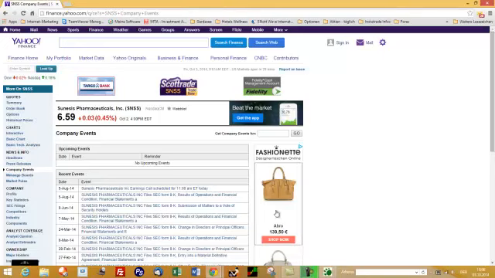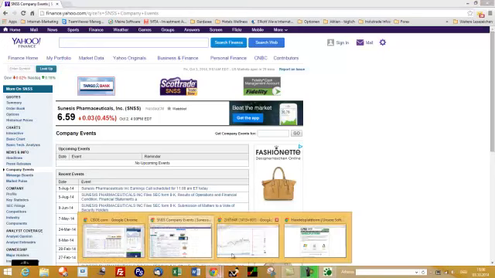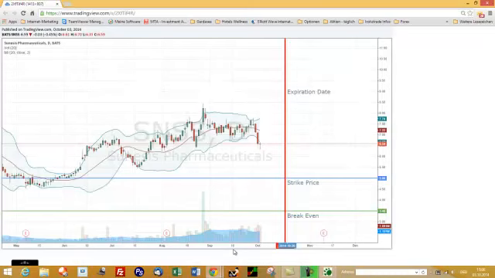The third step I take is going to a charting tool. I usually take TradingView, tradingview.com. You can find it free on the internet, and this is a daily chart of SNSS Pharmaceuticals. Now let's have a look at what the technicals are on this stock. We can see that price was moving in a trading range between 6.50 and 8.50 during the last 2 months,